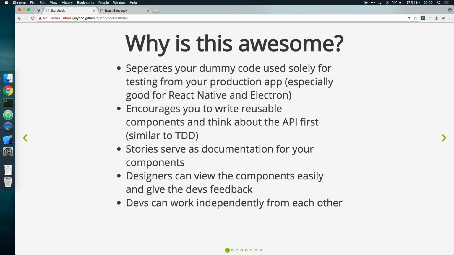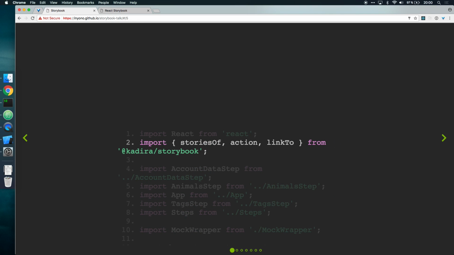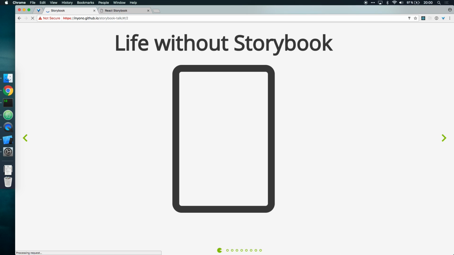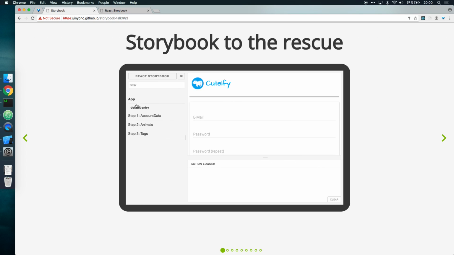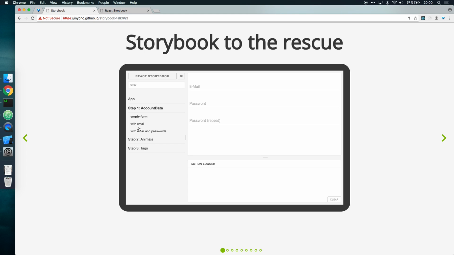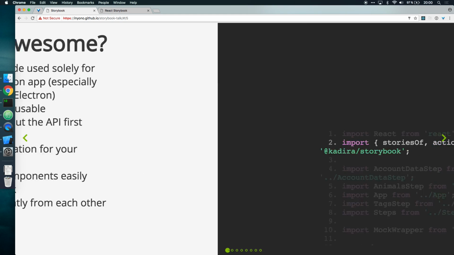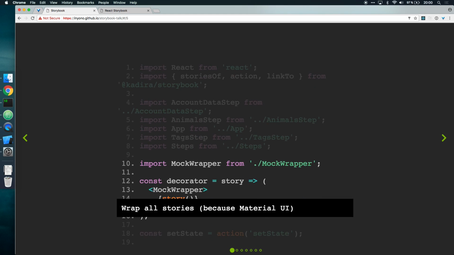Okay, let's look into some code for the Storybook that I showed you before. Just to get back to the example, we had four sections, namely the app itself and three steps. And in each step there were multiple different stories with different properties. And so the code for that,